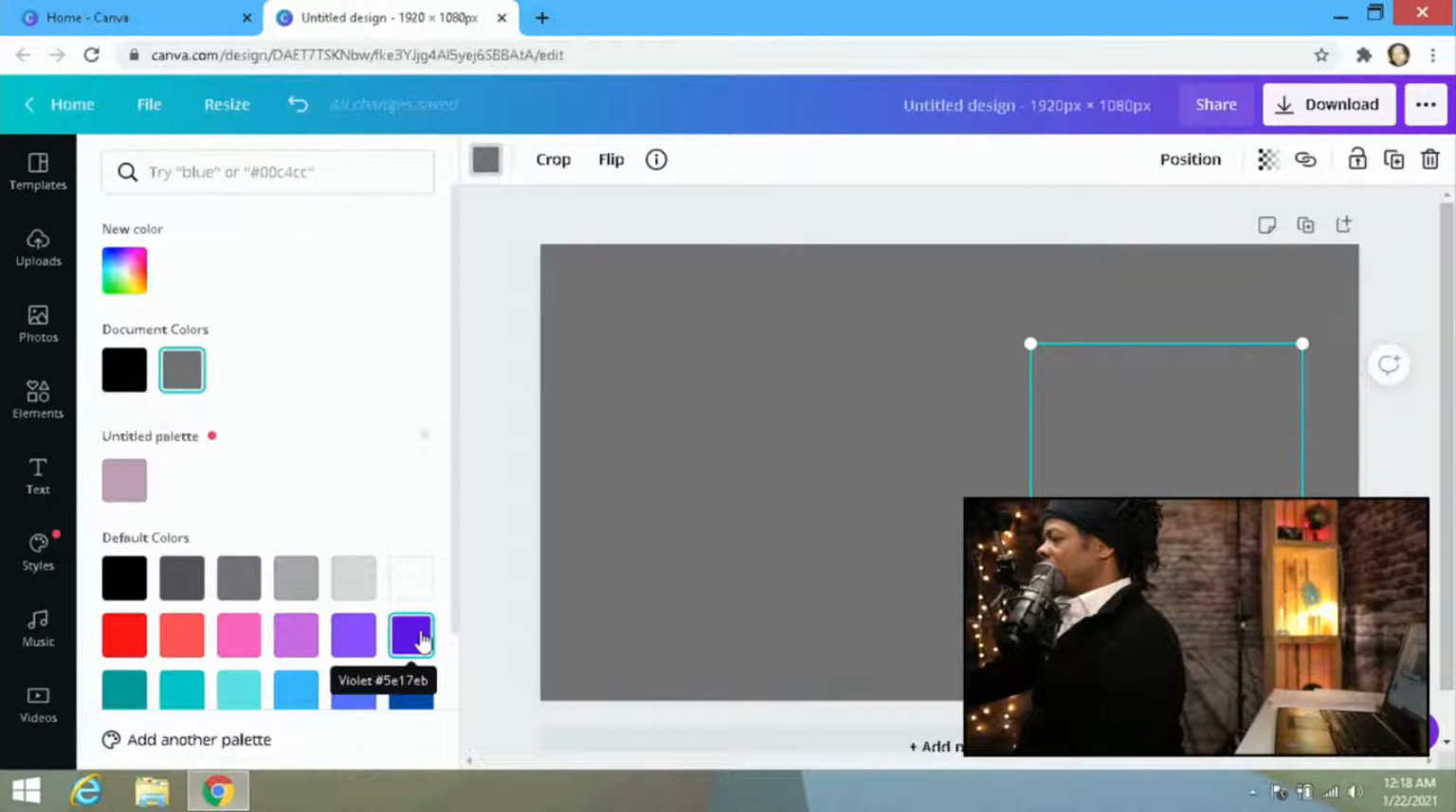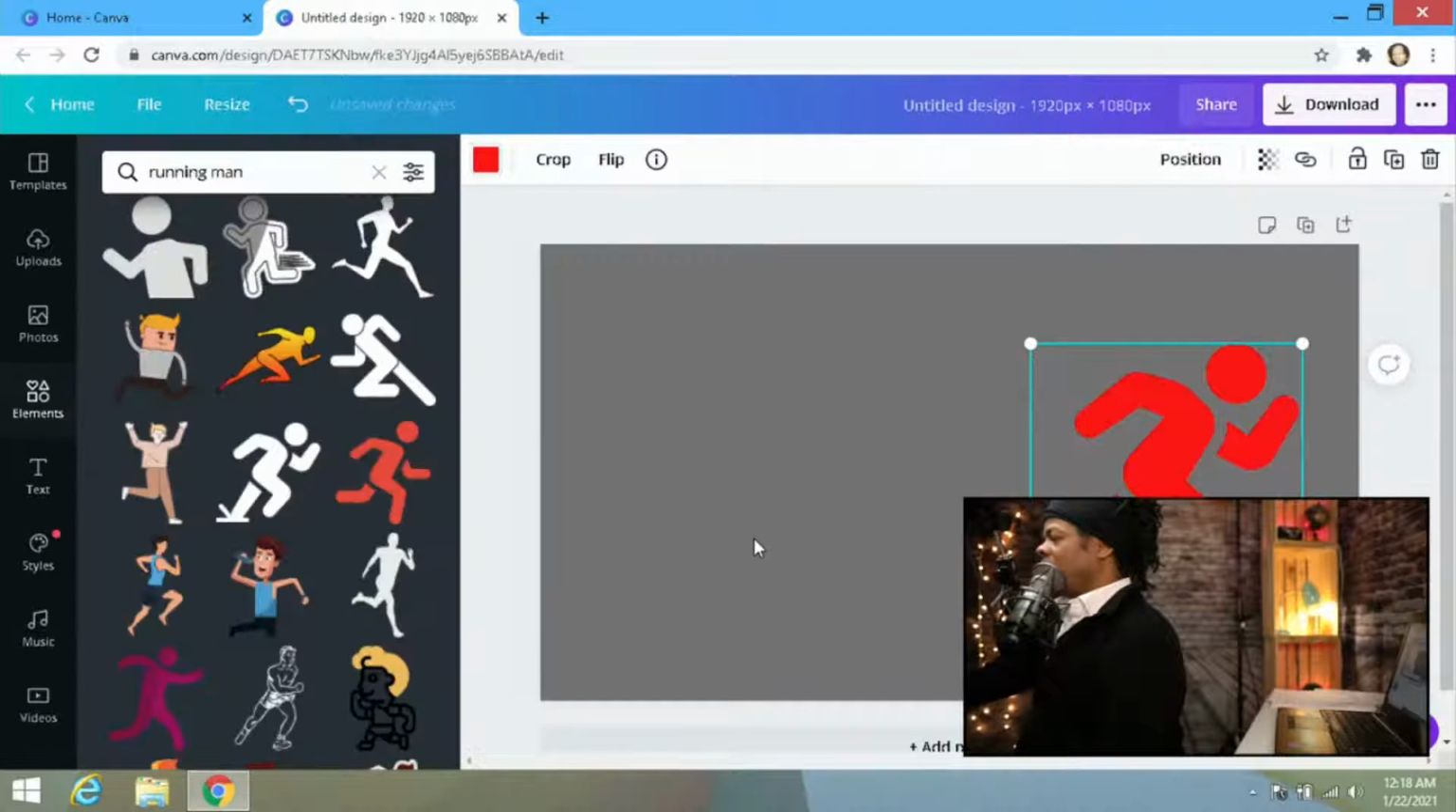Where are you at? Let's make it purple. Let's make it red. All right, we're going to make it red. Okay, so we got it red. And if we want to add a little effect to it, what I'm going to do is click on that,